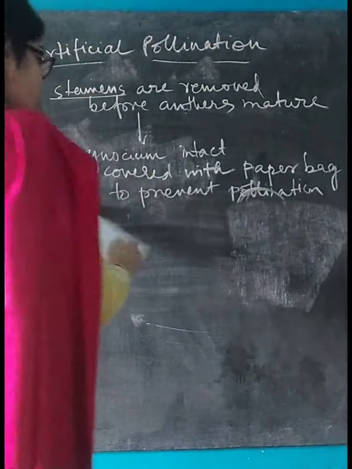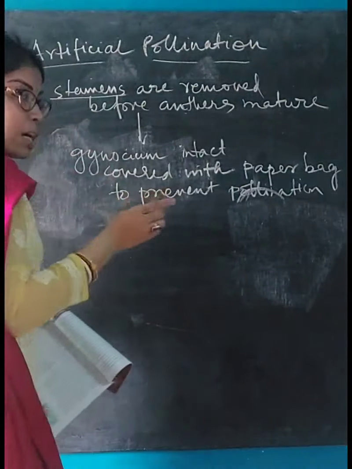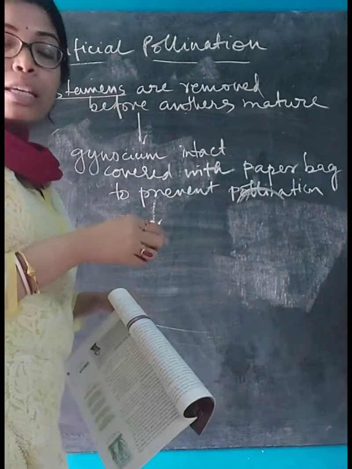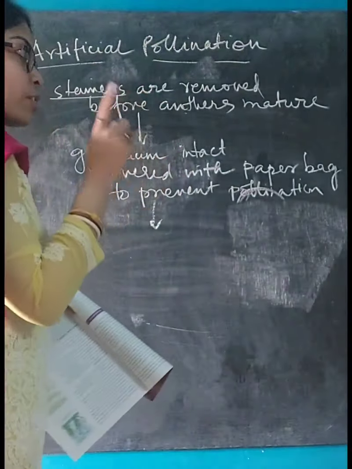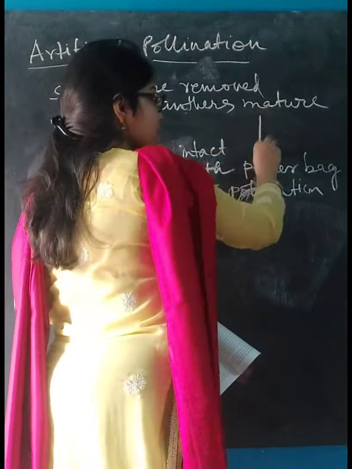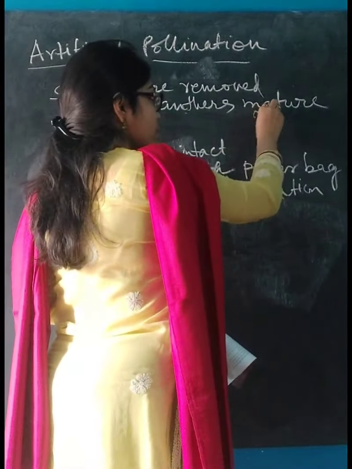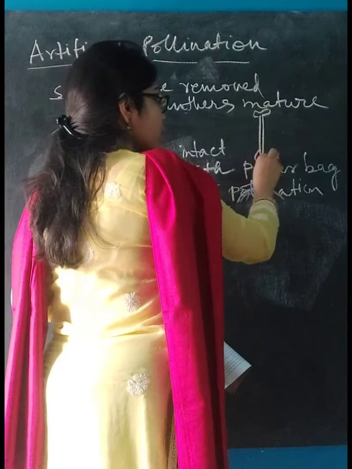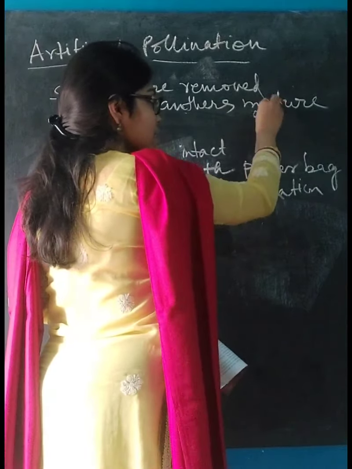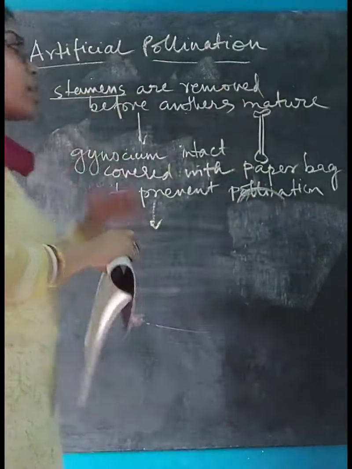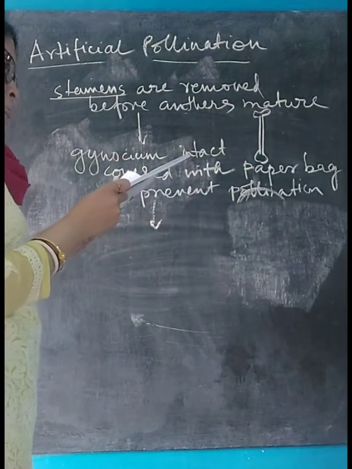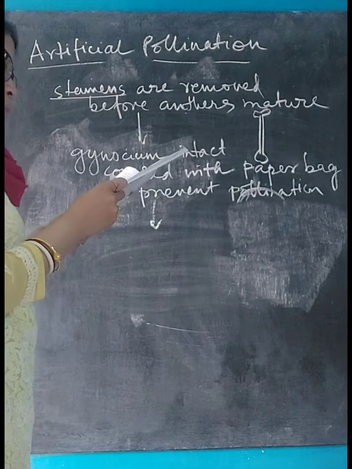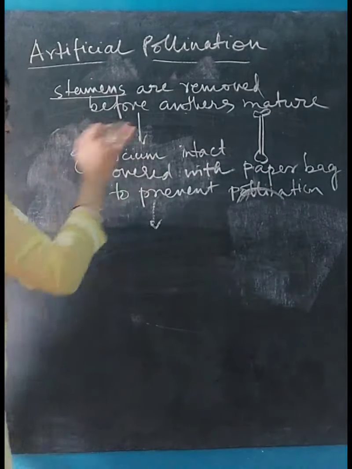Okay, next step. When the stigma of this flower matures, so what is the stigma? The stigma, style, ovary. Stigma is that top bifurcated sticky portion of the female reproductive part, that means this part. The last one is the ovary, style and stigma. So on the stigma, pollen grains are dropped, right? So this part. When the stigma matures, pollen grains from another selected plant are taken and deposited on that stigma.